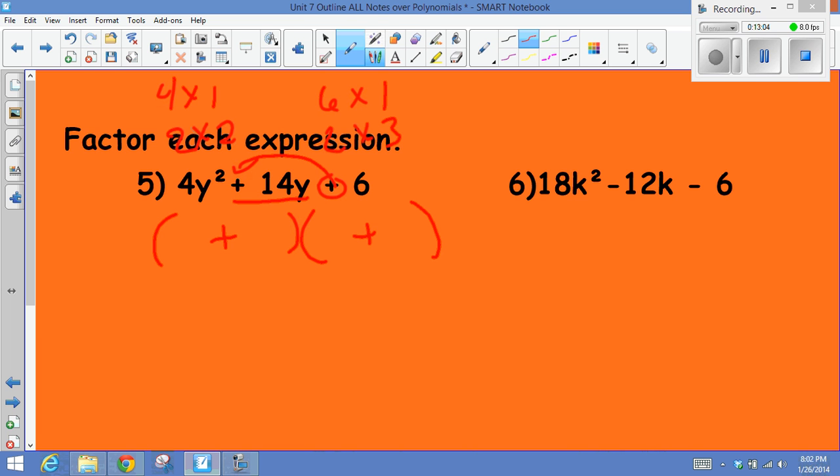All right, so I need a 14 in the middle. It's not a very big number, so I probably don't want to be multiplying 4s and 6s together. That's too much. So I'm going to go with the 2 and the 2. Okay. And then if I put in my 2 and my 3, 2 times 3 gives me 6. Why? 2 times 2 here in the middle gives me